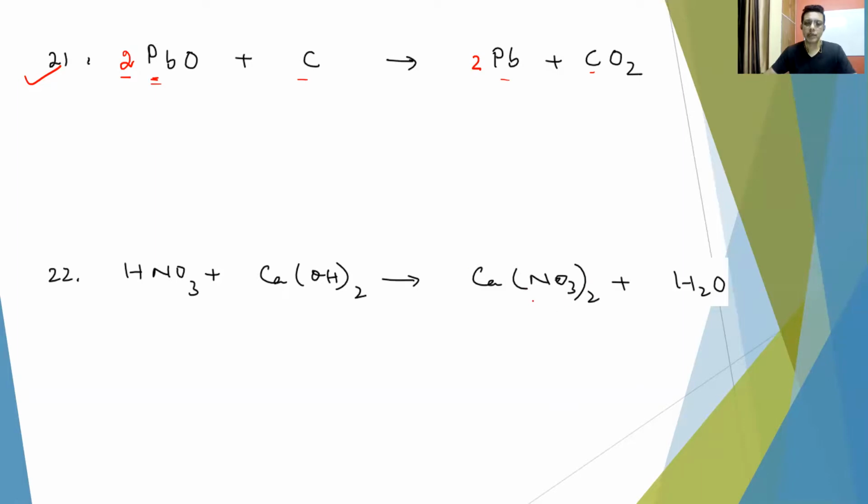Now here see, this nitrate can be considered as nitrate only, nitrate ion. So you have 2 nitrate ions here and 1 nitrate ion here. So place 2 here, nitrate is balanced. Nitrate ion is balanced. So this nitrate as a whole is balanced. 2 hydrogen and 2 hydrogen is 4 hydrogen. So place 2 here, hydrogen also is balanced. Now we'll see oxygen, 3 to the 6 plus 2, 8. Oxygen is also balanced. And the equation is balanced.